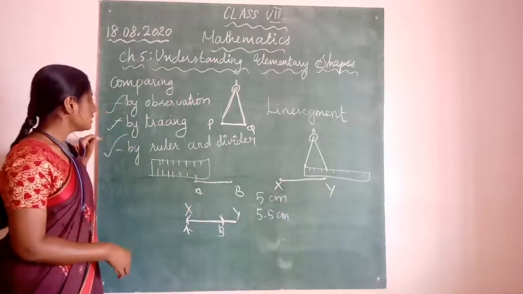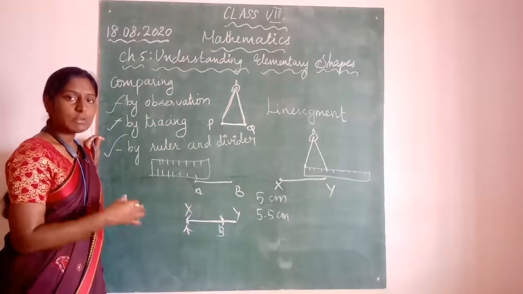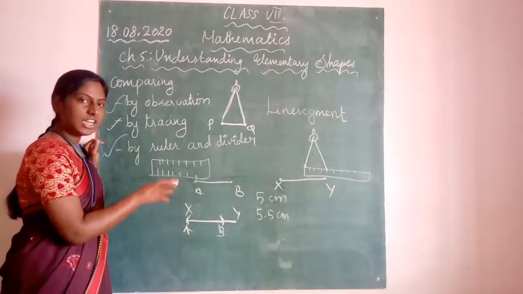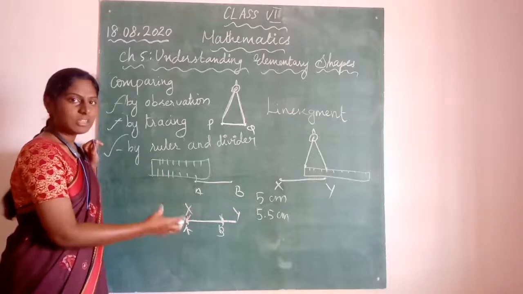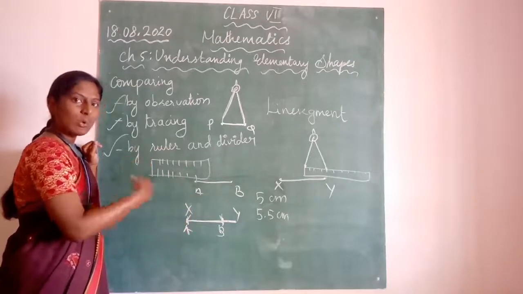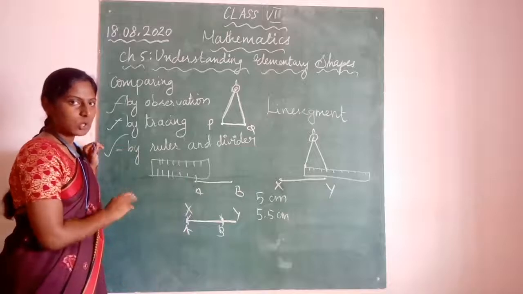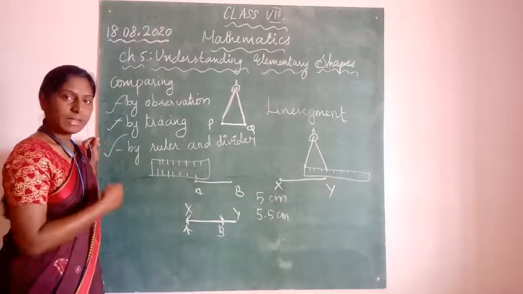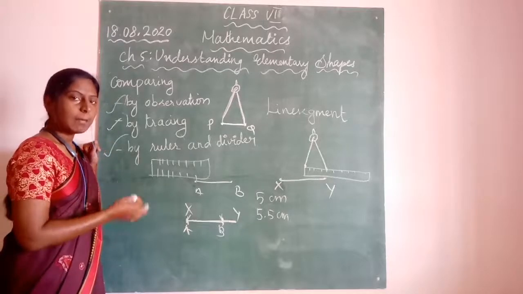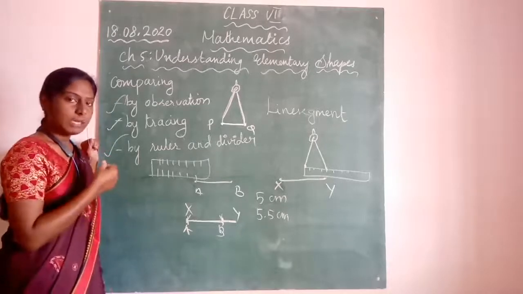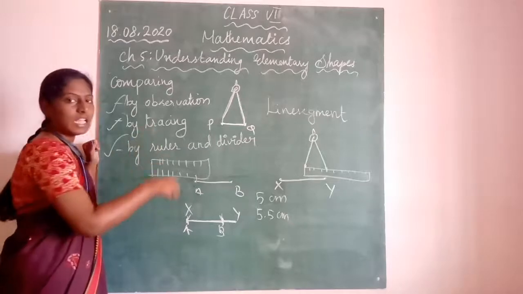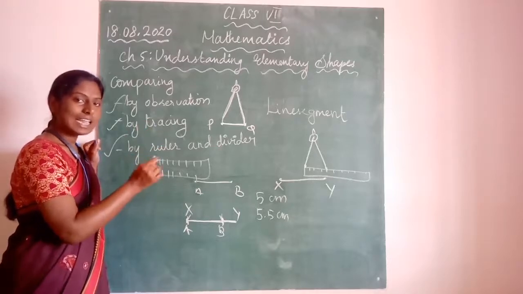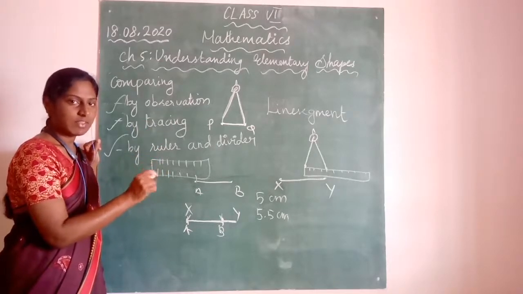Next, by tracing, it is not possible for us to make a tracing paper and take it every time, we cannot draw the lines one on the other. So that is also not possible. But by the ruler and divider method, we can avoid many such errors. But here also it depends upon the positioning of the divider. The divider should be correctly on 0. If the divider is slightly moved from 0, measurements may vary by some points.